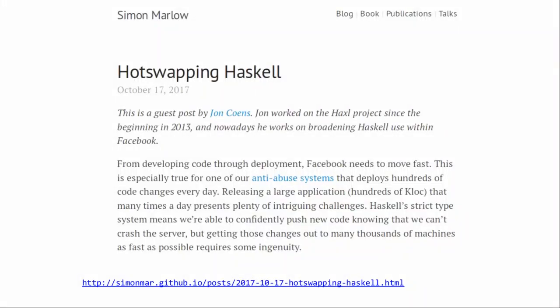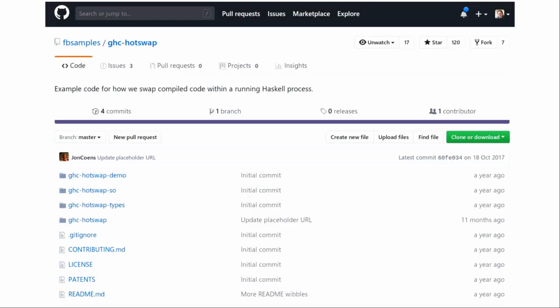So to put things in context, we wrote a blog post about this about a year ago. This is on my blog. You can go read it. This goes through the process of how you can use hot swapping in your Haskell code. And it talks about some demo code that we put up on GitHub that you can also go and look at. So we kind of just threw this over the wall about a year ago, and it's still there. We have done some updates. I put one of the packages on Hackage lately